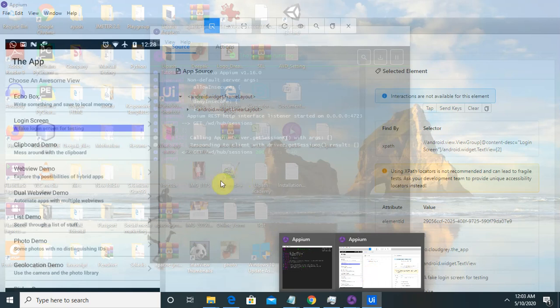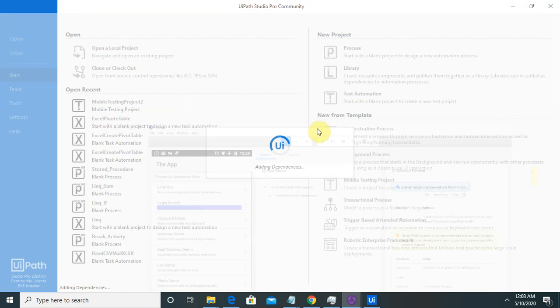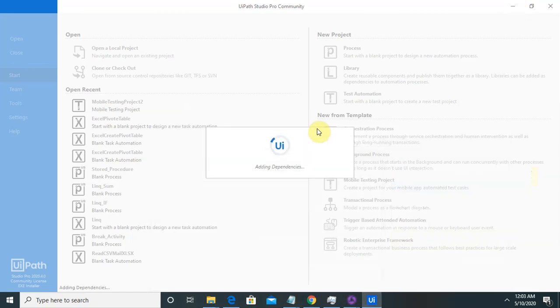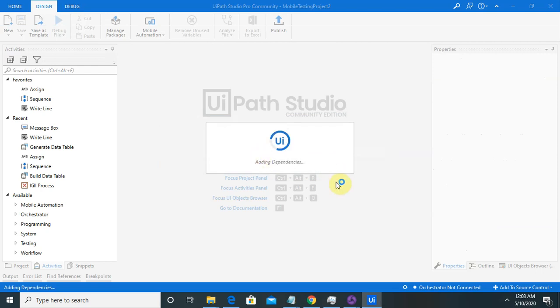Otherwise, when you click on any session, it will throw an error, and a disconnected environment error message will be shown on your screen. Adding dependency. Loading XAML file for your mobile application.